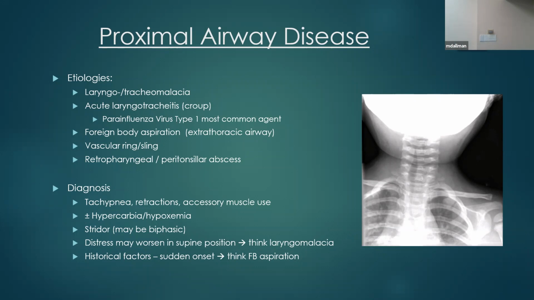Laryngotracheal malacia, croup, foreign body, and foreign bodies can also be vascular. Vascular rings, slings, vascular things, and then infectious things like RPAs and PPAs. Okay? What is the physical exam finding most associated with upper airway